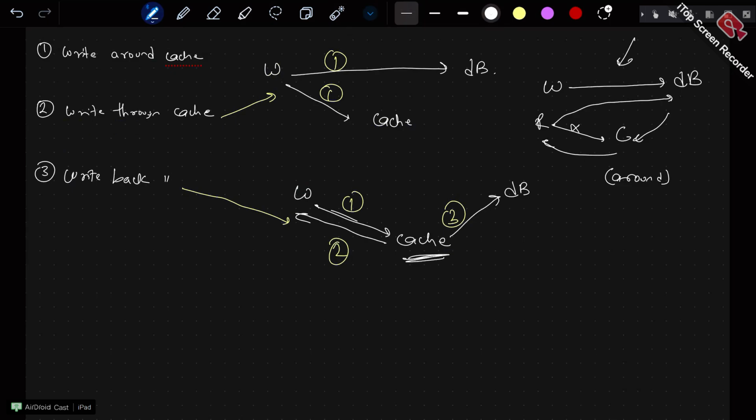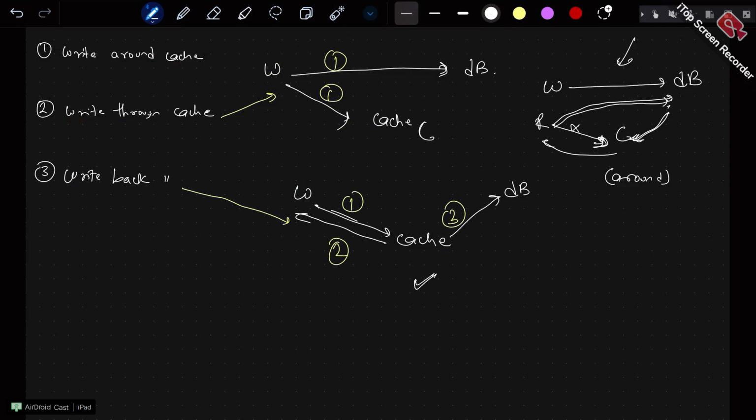Each one has various pros and cons. For example, over here the con is that, let's say your cache goes down in between, till that time your data is lost and it has not even been written to the DB. That's one con I can think of. In this use case, the latency would increase because it is writing onto two things. In case of write around, you might have many data misses, because every time it is going to hit the database and then refresh the cache.